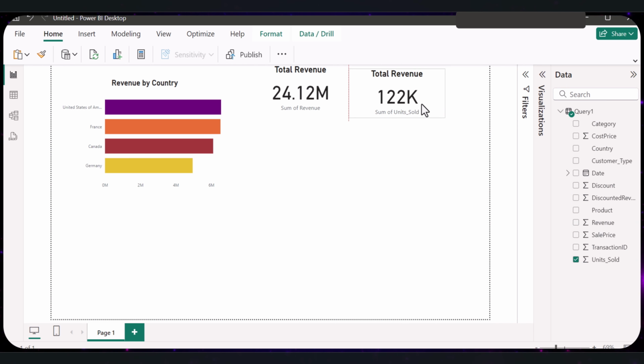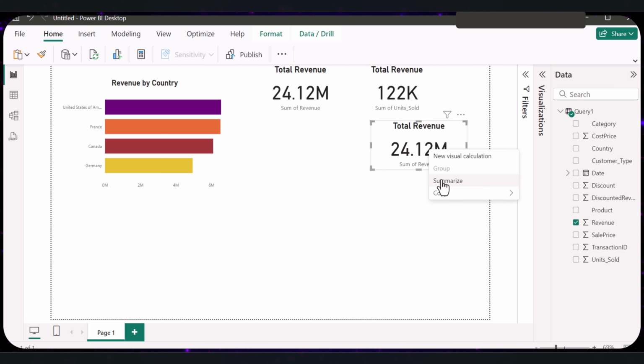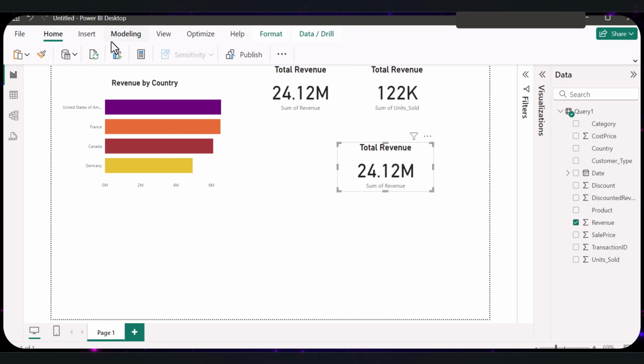Now for profit margin, I'm going to have it copied and pasted again. For profit margin, we need to create a DAX measure. So we're going to be creating DAX measures in Power BI. DAX measures allow us to perform advanced calculations such as year-over-year analysis or profit margin, which are not directly available in our dataset. To get the DAX measure for profit margin, open the Modeling tab in Power BI's ribbon at